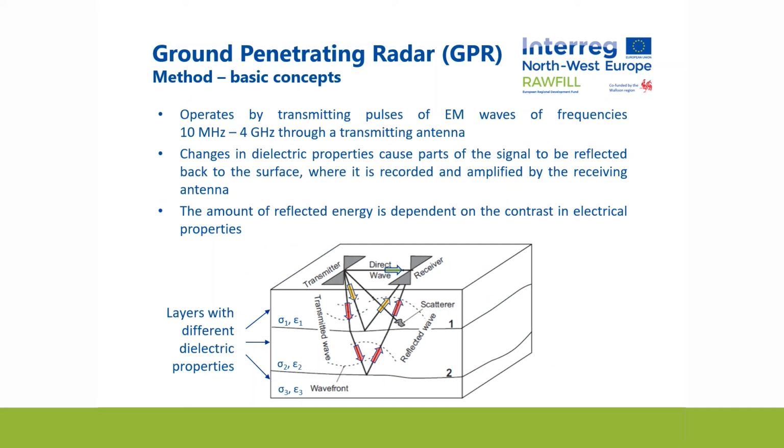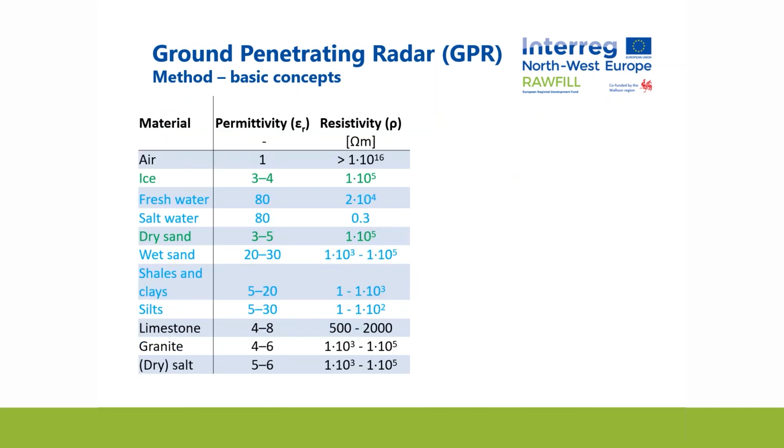An electromagnetic radio pulse is transmitted downwards into the ground, where it then propagates until it meets an interface between materials with contrasting properties. Some of the energy will be reflected back to the surface to be recorded by a receiver along with the travel time taken. Some energy may also be scattered by point features, such as buried service lines, for example. The properties that control the